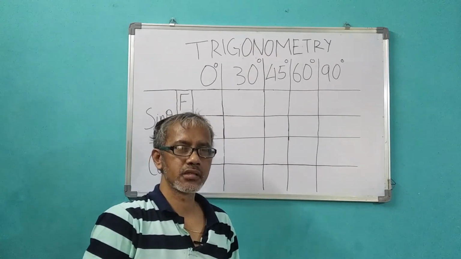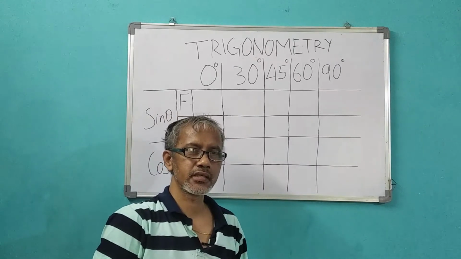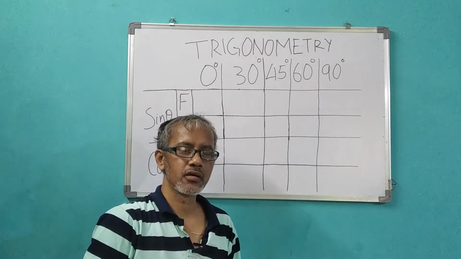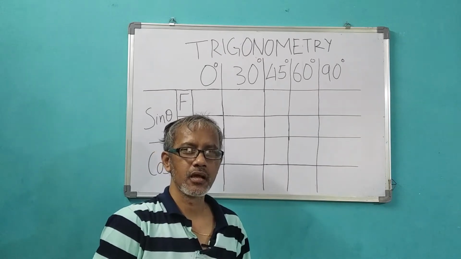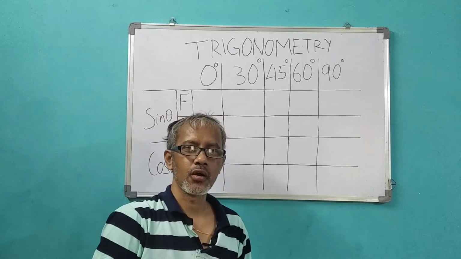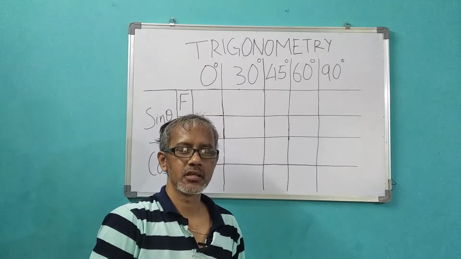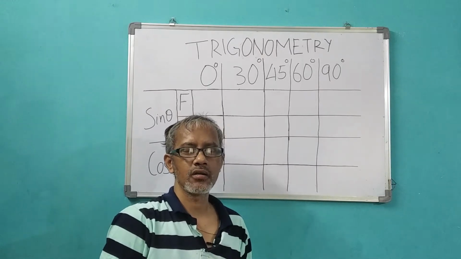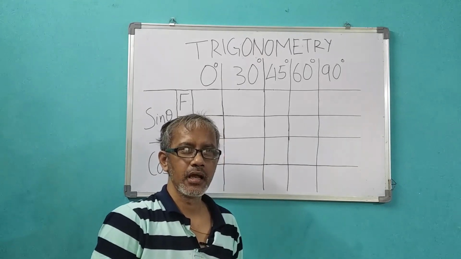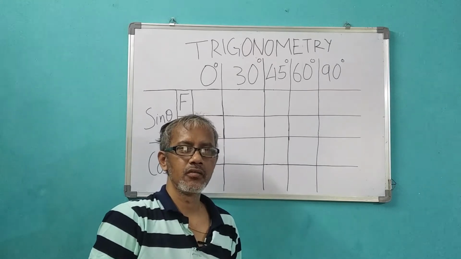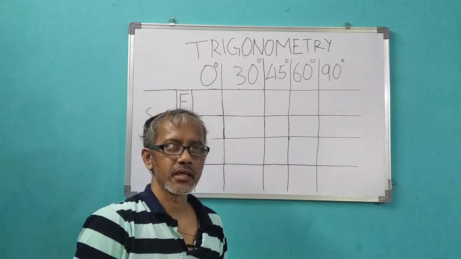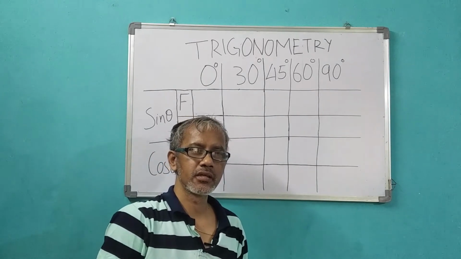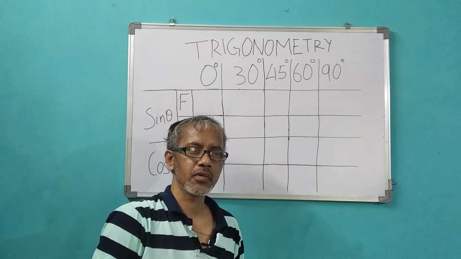The values of these trigonometric functions at some basic angles are very often required in physics and mathematics. It is not possible to memorize the values of all these functions at all angles, but at least the values for some angles can be memorized and can be very well derived within a short period of time.